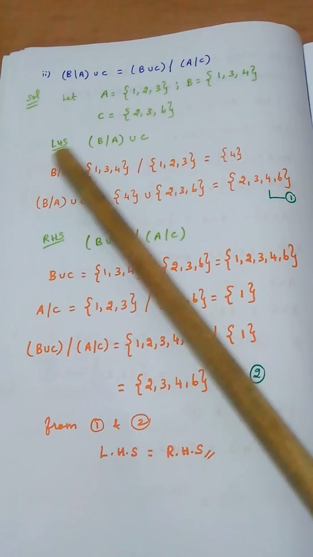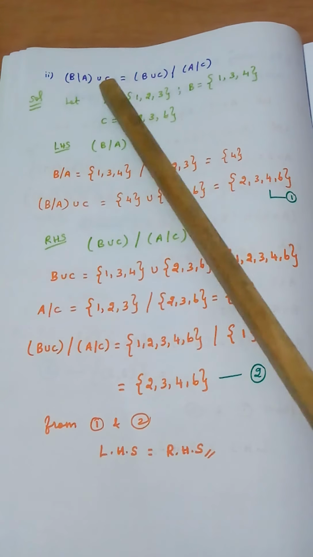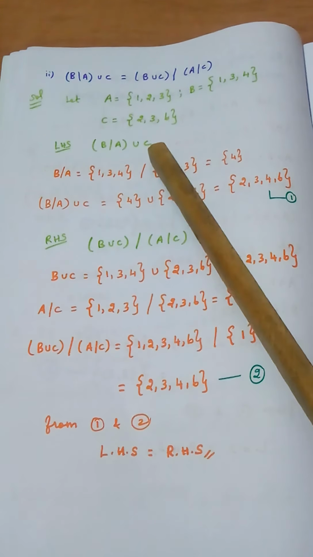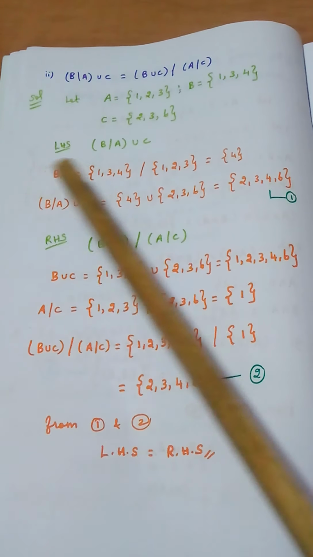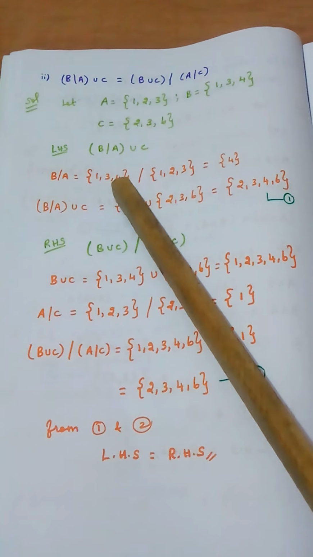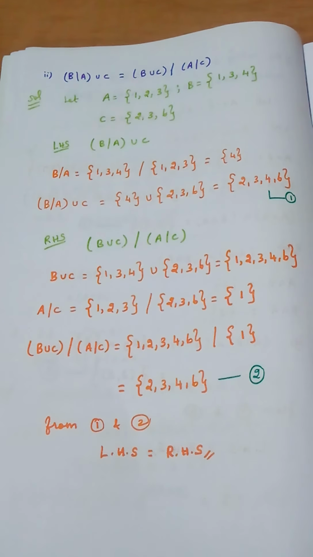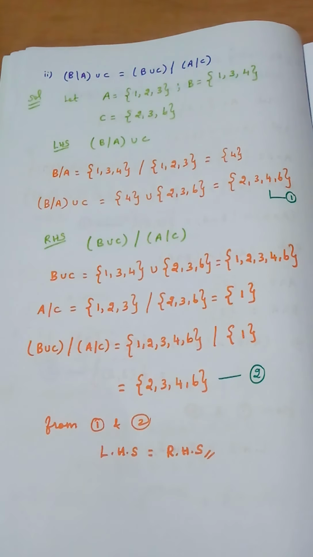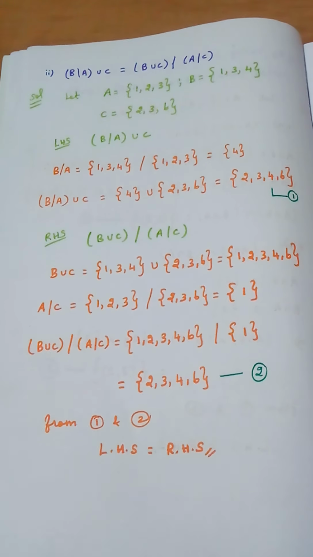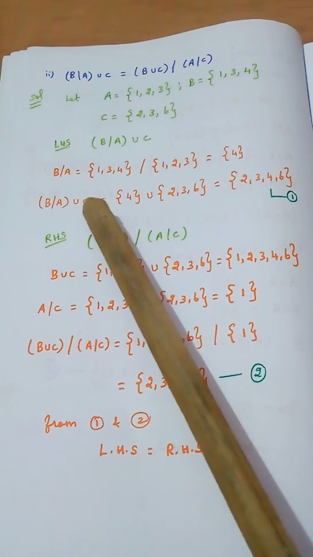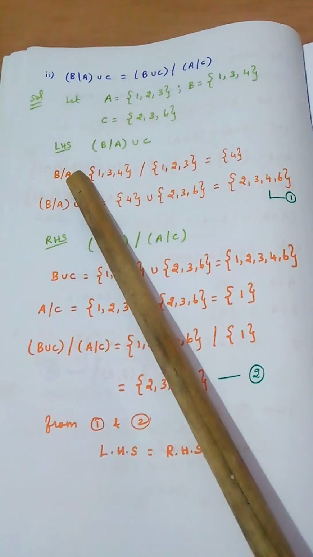Okay, now we will go for LHS. What is LHS? B difference (A union C). So I have written what LHS is, out of which I am going to first calculate B difference A. So the first set B is written here, difference A is written here. I said B difference A means what? B difference A, what is the meaning? Can you guess? Present in B, absent in A. B difference A meaning is present in B, it should be absent in A.